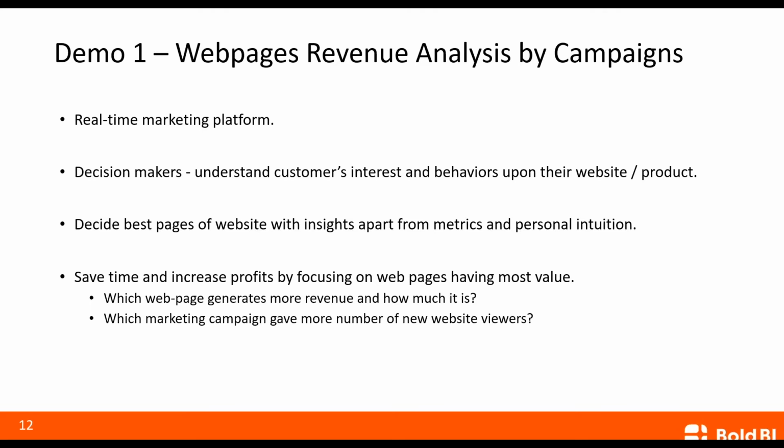And in general, to decide which page works better, decision makers make use of individual metrics like page views and traffic data alone. Along with their personal intuition, they decide the pages that work better and proceed further. But just think, insights derived from combined data from different sources will act as a strong base to quickly decide and improve your website even better. Let's dive into such a demo now.